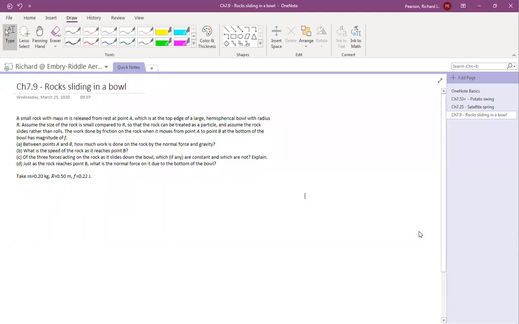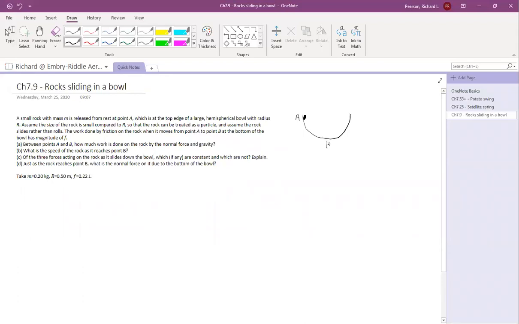Everyone, I want to go over a problem which is about rocks sliding in a bowl. Sliding is important because we're not going to roll or anything. So in this problem, we have a situation where we've got a hemispherical bowl. And we've got a rock that is going to be sliding from point A down to point B,